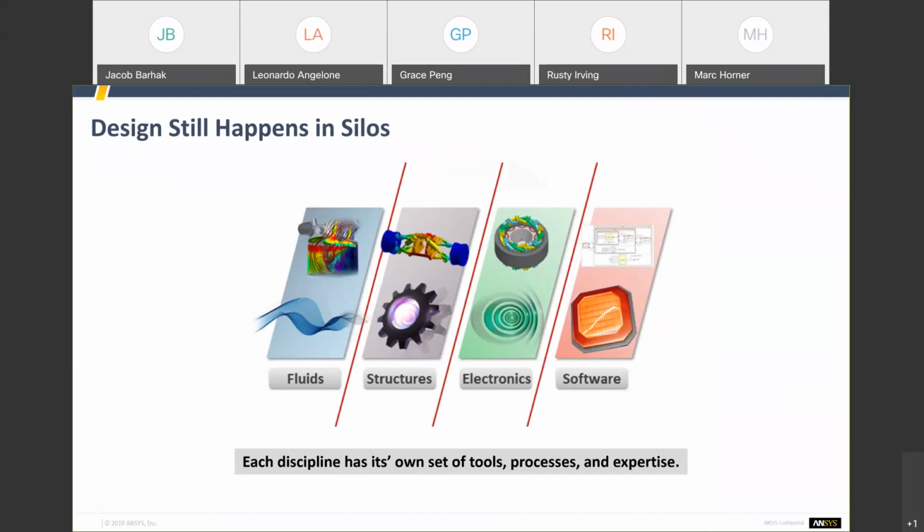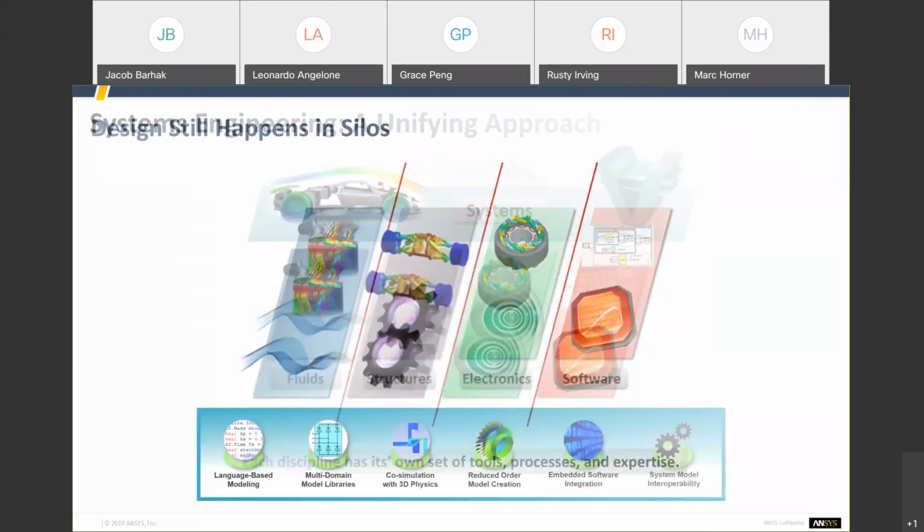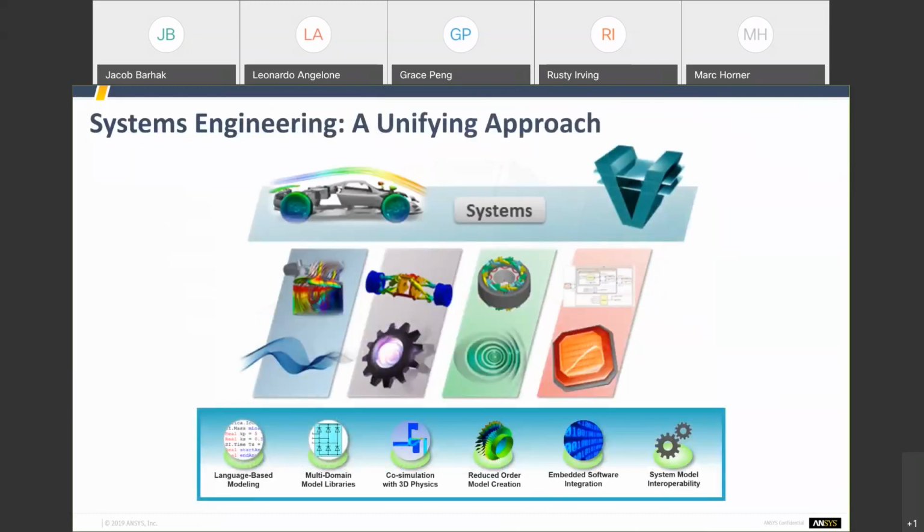These are all very different. So they're all speaking a very different language. So in the absence of being able to unify all that language together, there's been a big trend within the modeling and simulation industry to provide, if you will, an engineering workbench where folks can at least be able to